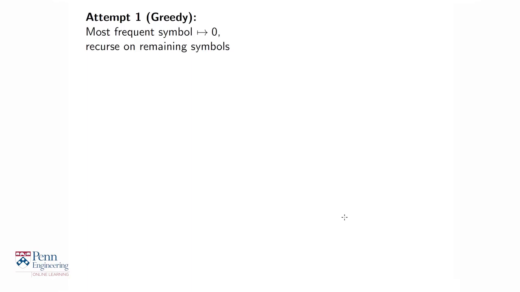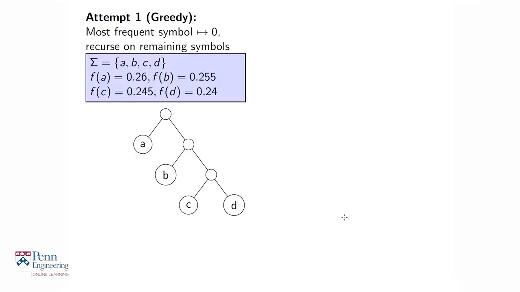Of course, all the remaining symbols now have to have code words beginning with the bit 1. Why is that? Because this code is supposed to be prefix free. You cannot begin another code word with the bit 0 if A has been encoded as 0. So continuing in this manner, if you're given an alphabet A, B, C, D with the frequencies,